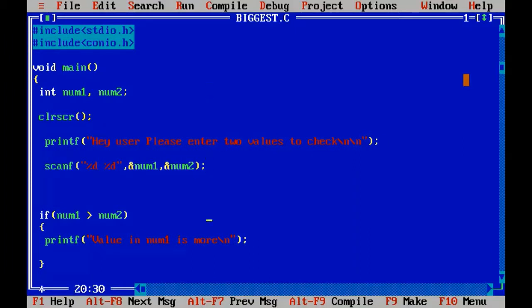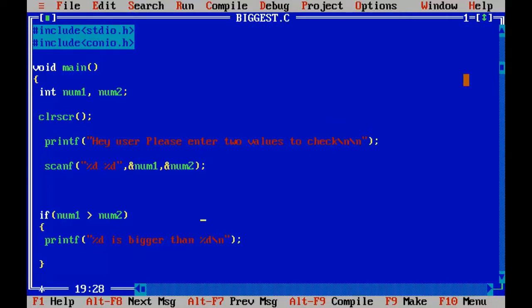So what if num1 is more than num2? So I will tell the user with the specific number. So I will tell %d is bigger than %d.